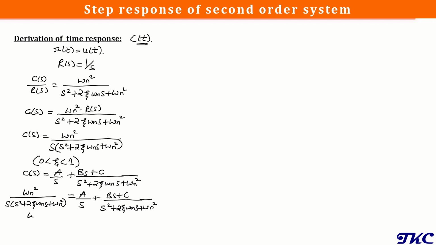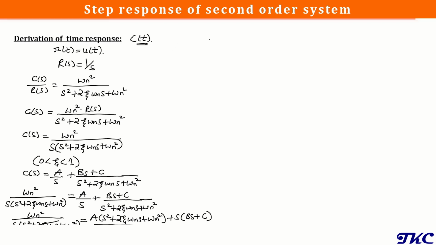It will be omega n square upon s(s square plus 2 zeta omega n s plus omega n square), equal to A(s square plus 2 zeta omega n s plus omega n square) plus s(Bs plus C), divided by s(s square plus 2 zeta omega n s plus omega n square). So here the denominator is the same, so we can cancel it,